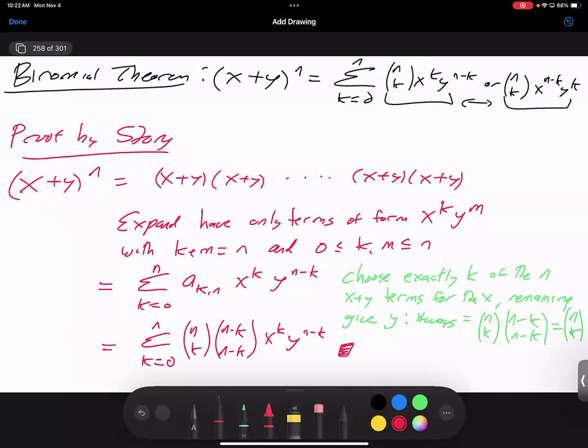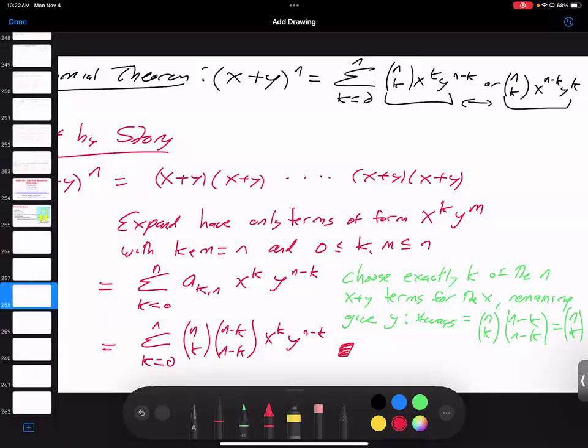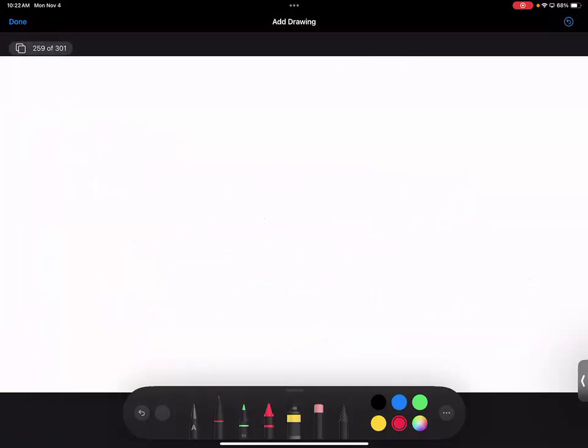And if you've seen the multinomial coefficients, if you've seen multinomial distributions, these come up in probability and statistics. Now, all of a sudden, once we have 3 alternatives, things are a little bit more complicated. And you can define the multinomial coefficients in terms of repeated applications of binomials. All right, so the next,